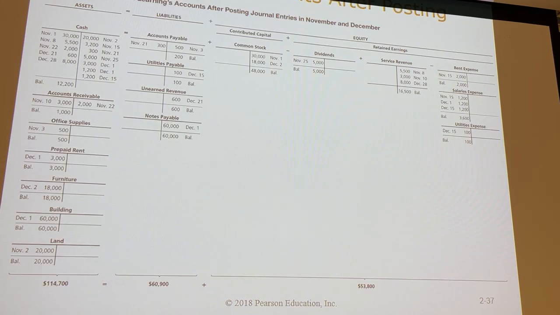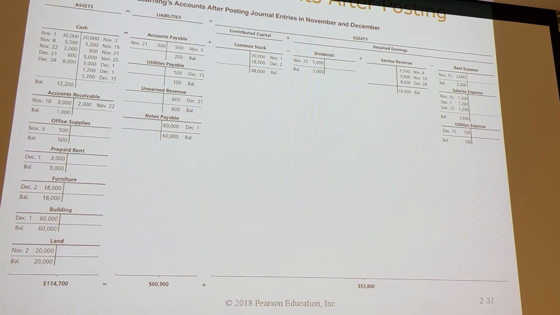Okay, so now we've done all of our journal entries, and if we determine the balance in every one of our T accounts in the general ledger, this is what it would look like. So this really could be the general ledger for the company that you're looking at. And notice that if you look at the totals of the balances for all of the asset accounts, they add up to